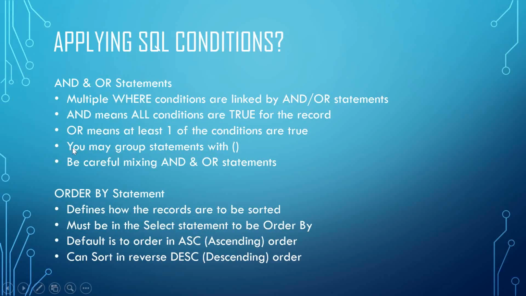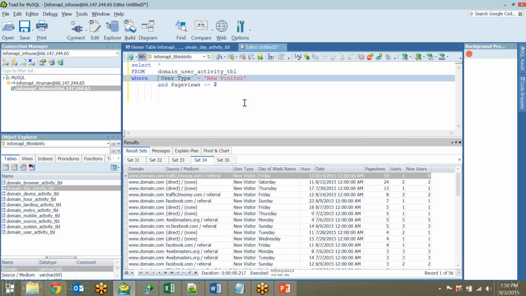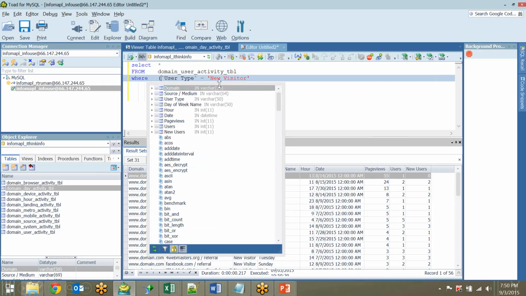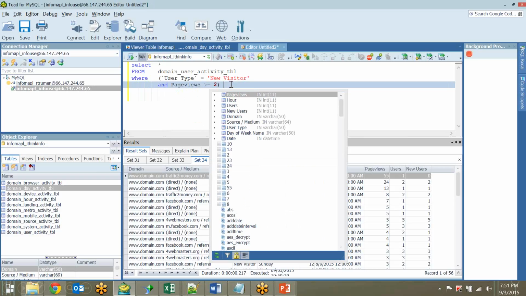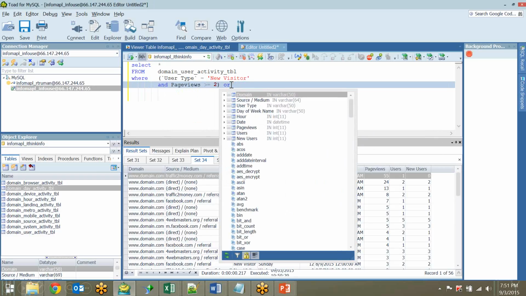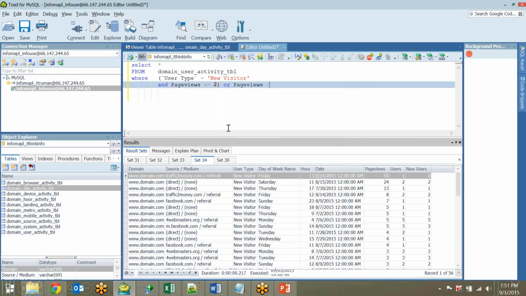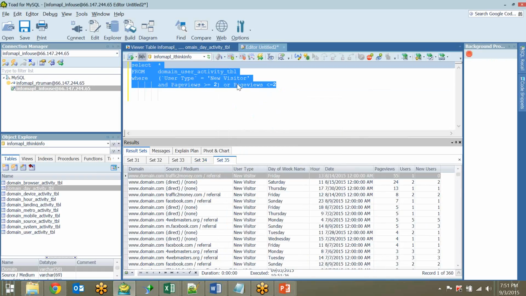The OR and AND, you make group statements by putting them in brackets. So let's do this. I want to look at users who are new visitors and page views is greater than or equal to 2. That's my one condition. I'm using an OR statement. Or page views is greater than or equal to 2. I should get back every record, or just about,